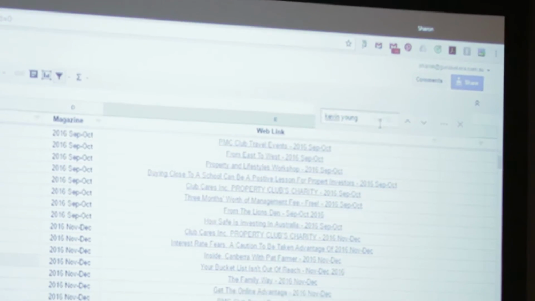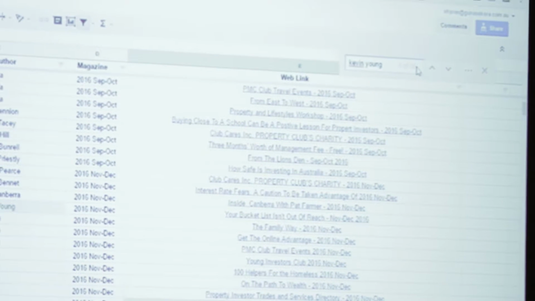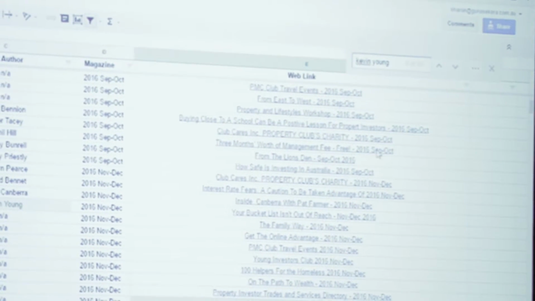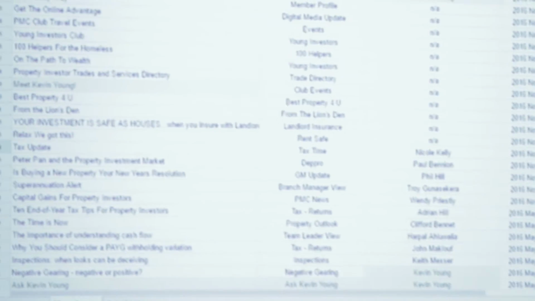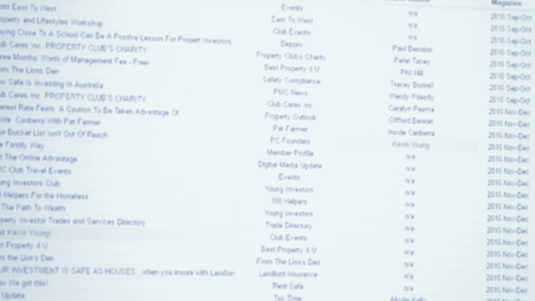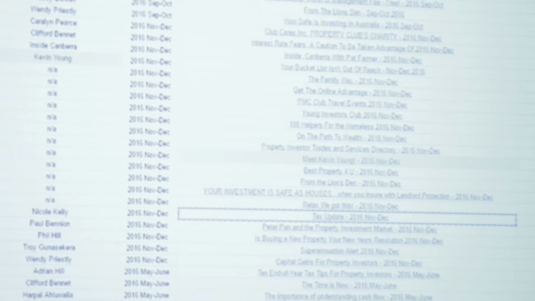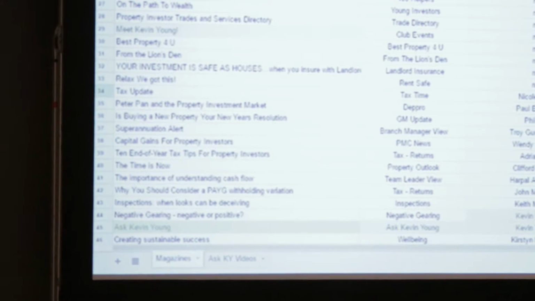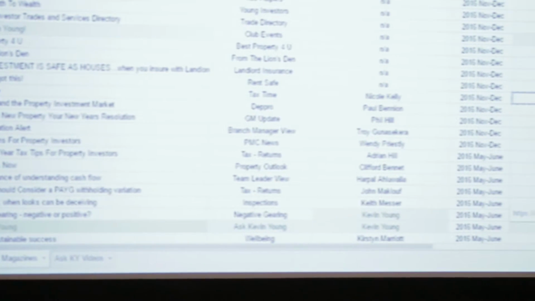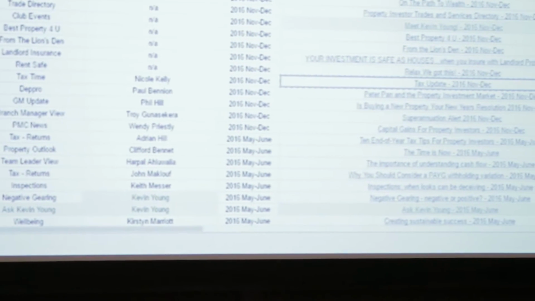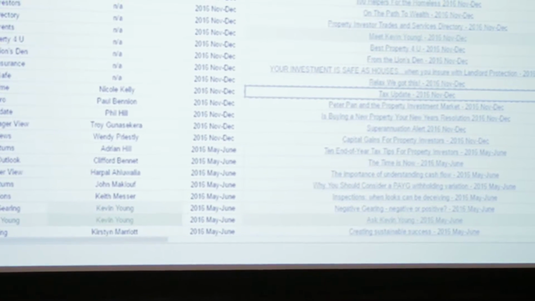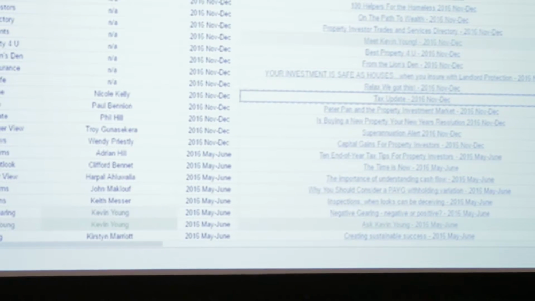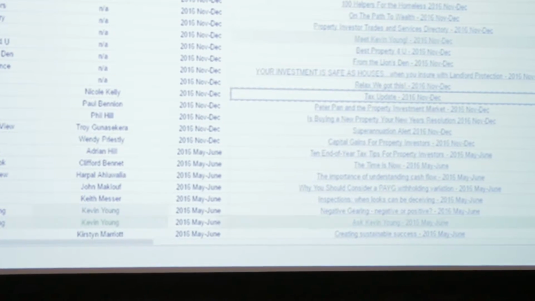And you can see that there are 66 references in this spreadsheet to Kevin Young. So I could press this down arrow and it's going to highlight each of those 66 one at a time. So here it's got Ask Kevin Young, so there's an Ask Kevin Young article from the May June issue. If I click the down arrow again, it's just going across that row because Kevin Young was repeated 4 times